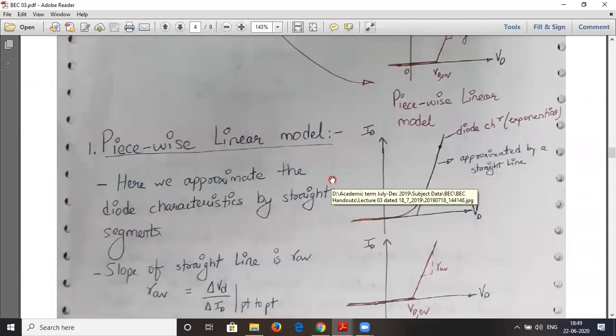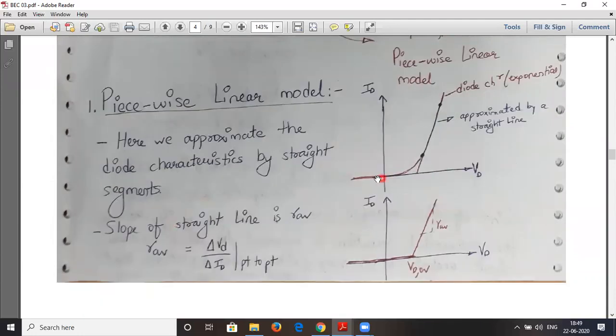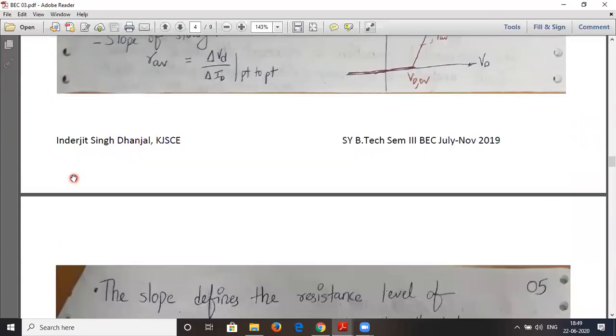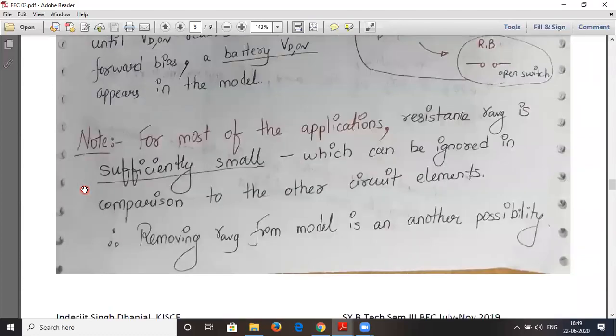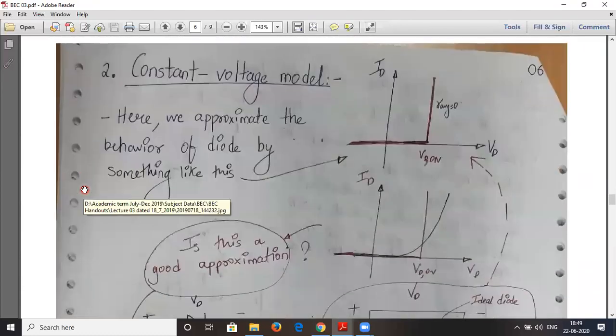Well, the piecewise linear model is an approximation of the diode model. If you have a smooth exponential curve like this, it will be approximated by a straight line with a slope. We are not going to study it in detail, but I'm just informing you all that there is a model called the piecewise linear model. So we'll directly go to, first we'll study the